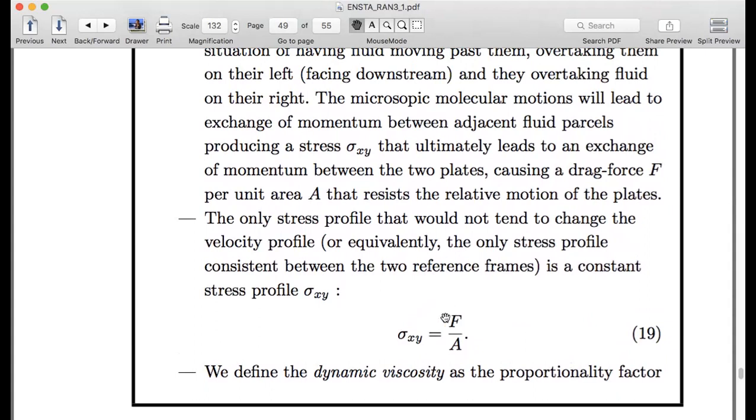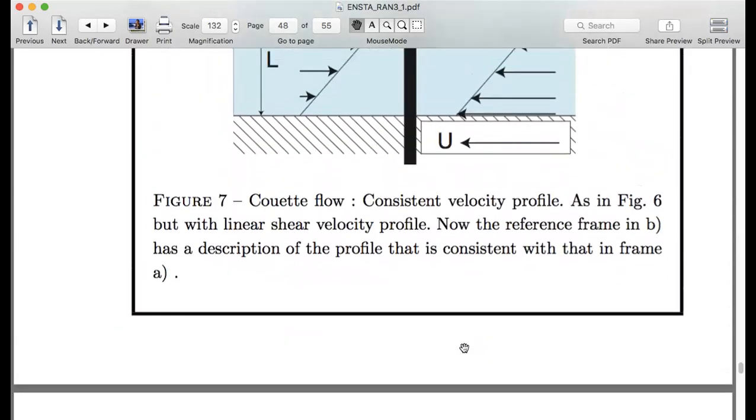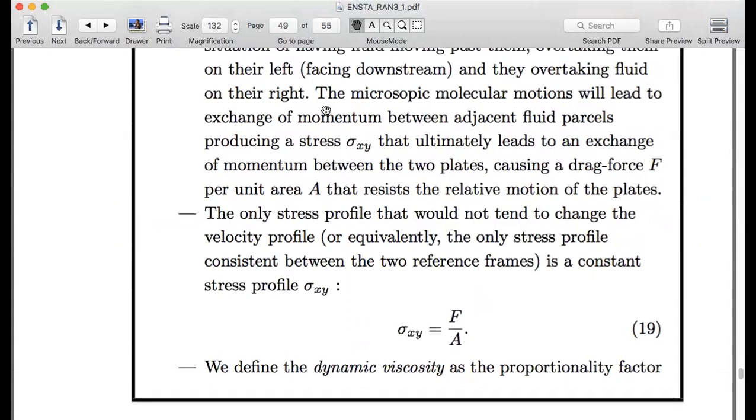So this force per unit area is what we measure on the macroscopic scale between these plates, and ultimately it came from the internal stresses in the fluid, which were represented by this stress tensor, and the relevant term of the stress tensor is the sigma xy,